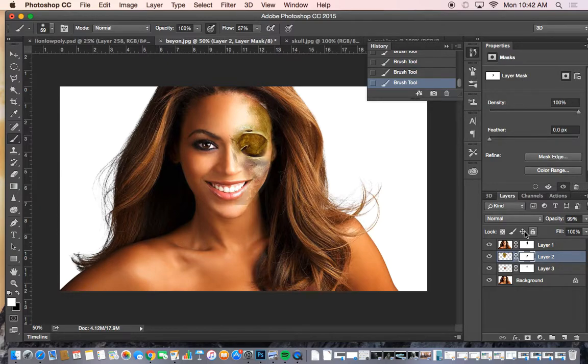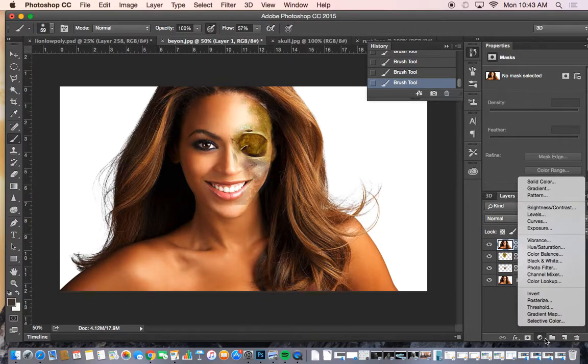So then once you have all this stuff, so I'm going to add my meat or whatever, you can add a tone to the overall picture if you want to make it look a little bit more yucky. If you want to go to your original here, you can paint a greenish or grayish color over her to make her look a little less healthy. You can also apply a filter